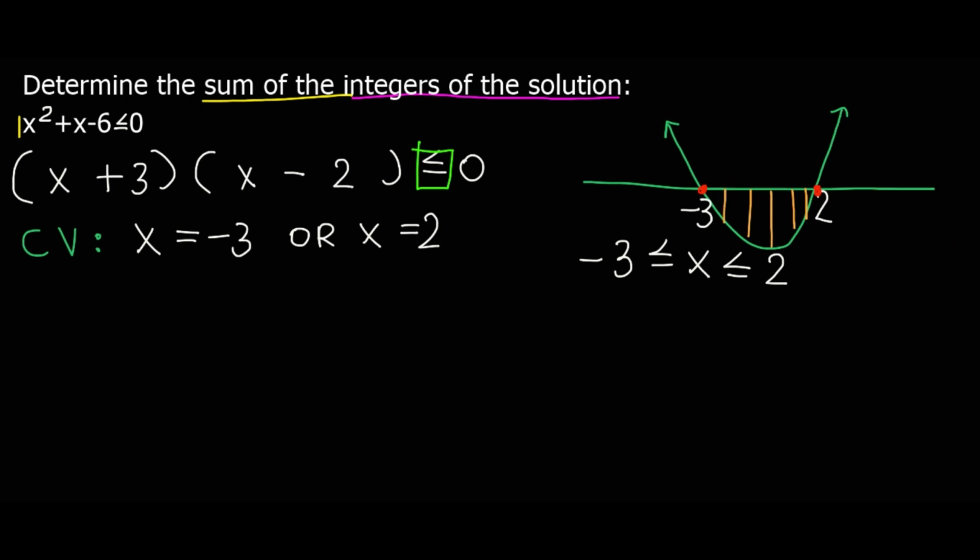We know that after, before -3 we will be having -2, -1, 0, 1 to 2. These are the integers that are between -3 and 2. So the question says determine the sum, so we add these numbers, because it says the sum from -3 to +2. So answering this question, the sum of the integers